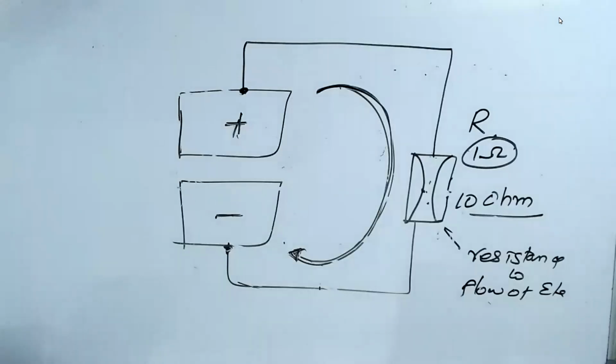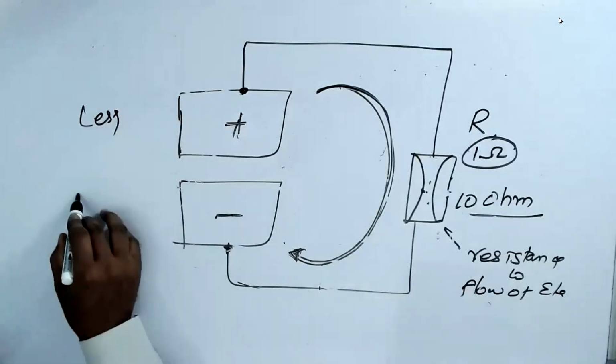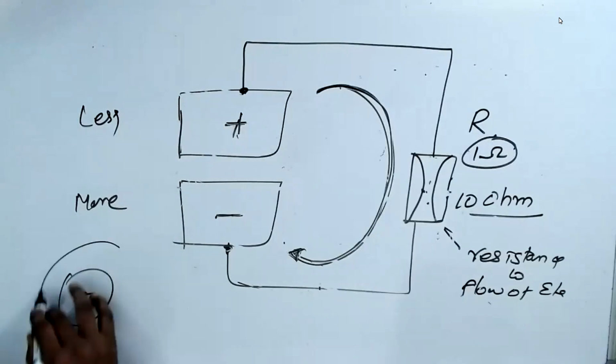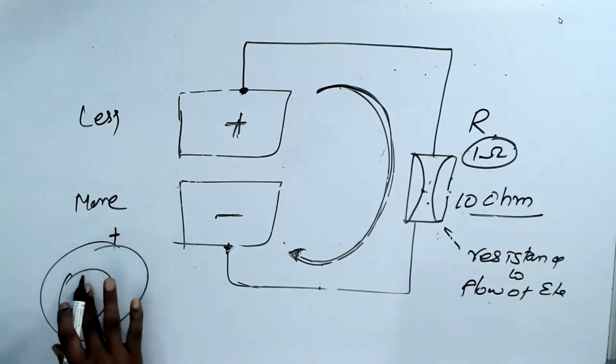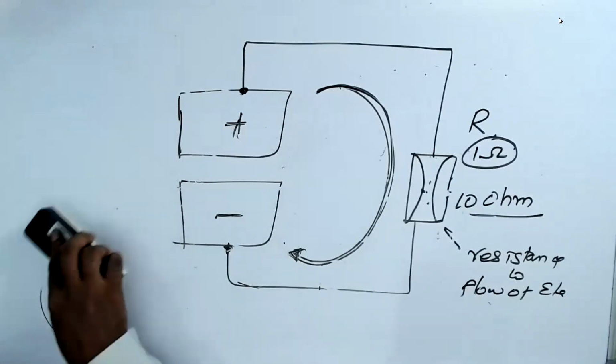The fewer electrons is positive. The more electrons is negative. Please understand, because electrons always carry negative potential. I told you, one small documentation error was made by Benjamin Franklin, who called protons positive and electrons negative. If he had called electrons positive and protons negative, this problem would never have taken place. Both currents would be the same.